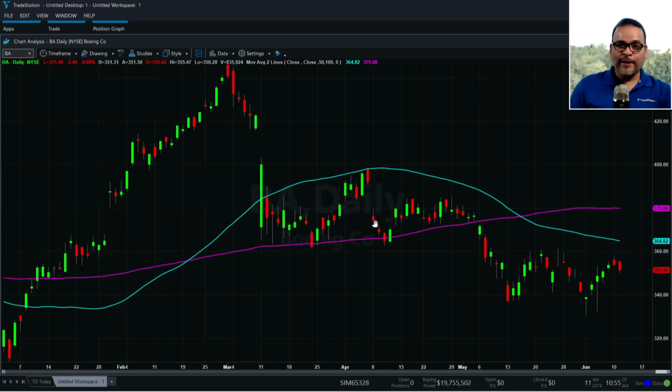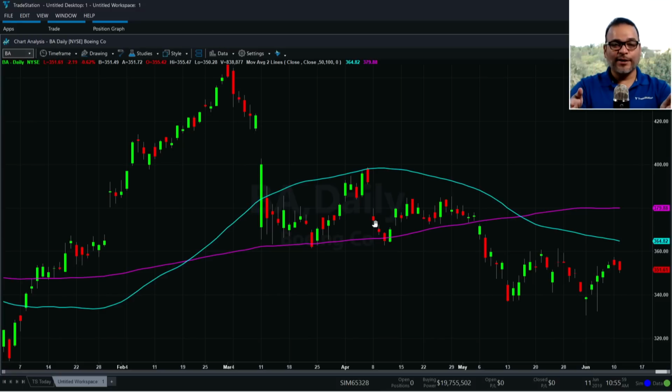These are very slow moving averages. They're not as reactive to current market activity because the size that we selected was 50 bars. It takes 50 days for these lines to calculate. So if you want a faster or more reactive moving average, you may want to use a smaller parameter. But even if you want to use 50 and 100, we have a way of TradeStation letting us know when